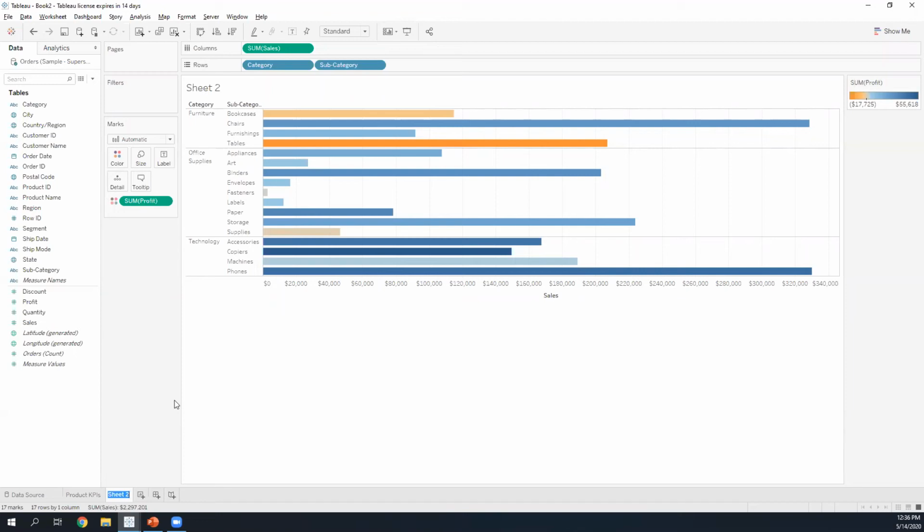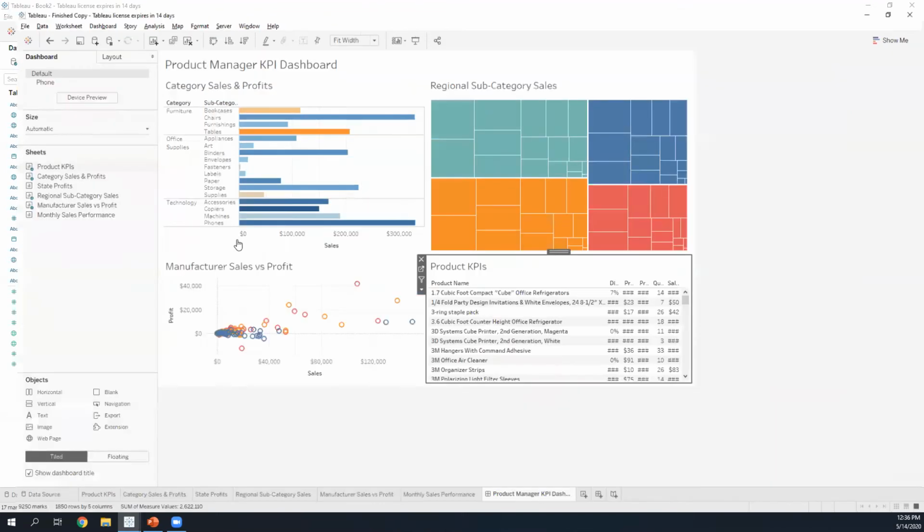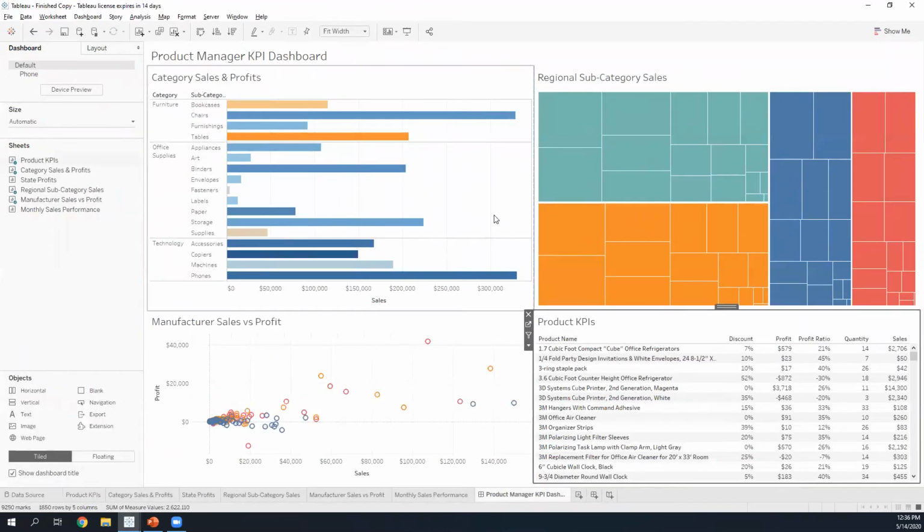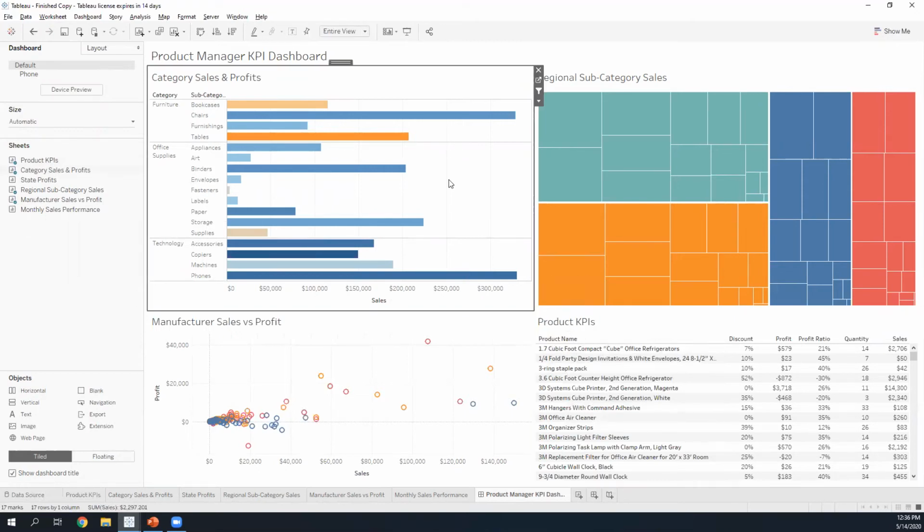So I'll go ahead and call this, let's say, category sales and profits. Cool. So taking a look at the original view, we've already banged out two of these worksheets that we want to build out. For example, our product KPIs on the bottom right-hand corner of our dashboard, as well as the category sales and profits worksheet that we have in the upper left-hand corner. We'll go ahead and focus on that